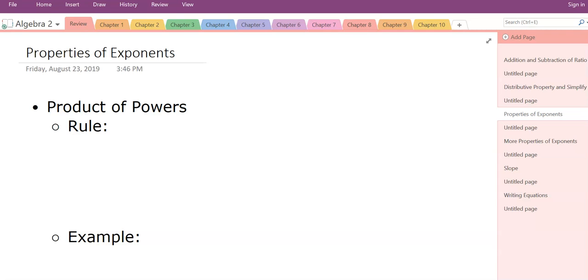For this section, I'm going to begin talking to you about some properties of exponents. The first property we have is called the product of powers, and the general rule looks like this. If you have a quantity like a raised to the m power, and you're taking it times a raised to the n power, notice that they have the same base, they're both base a,